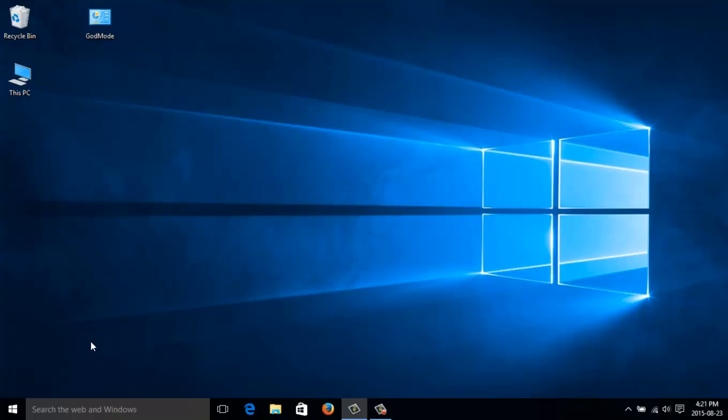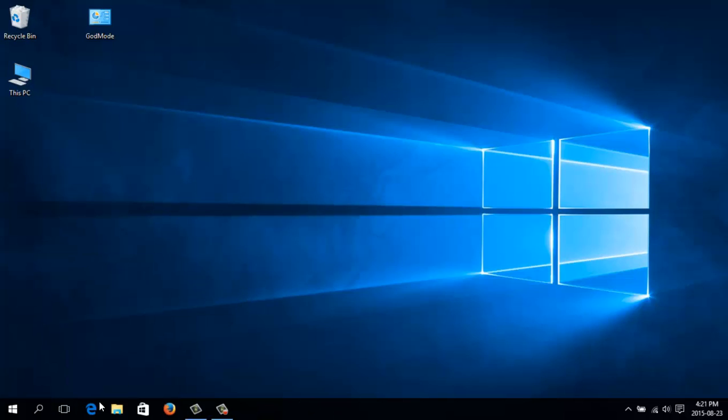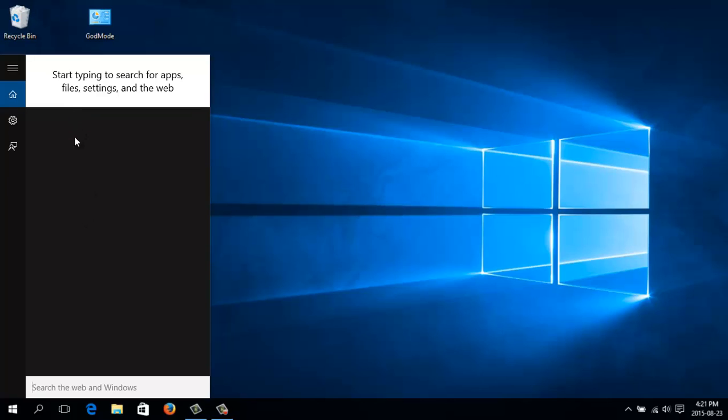Okay, now the next thing I want to talk about is Cortana and the search bar. You see the search bar down here. I don't like it like this. What I like to do is not have it take up so much room. So I just go over here and say search icon, show search icon, and then I get this. Okay, now when you click on this, the first time in, you'll get some settings or some search things here, and you can start typing to search. But if you go here, this is your settings,